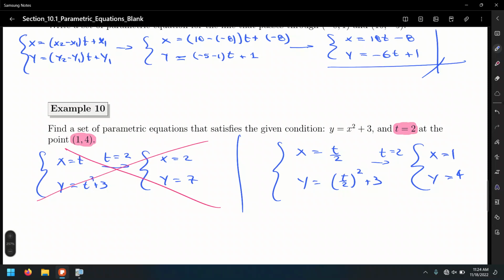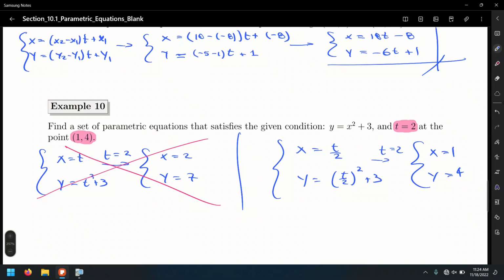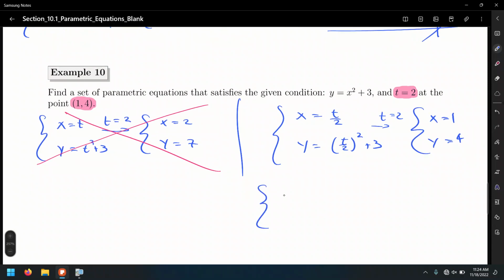Let me give you the other version I had in mind. The other version is another way to get x equals 1 when plugging in t equals 2. How about t minus 1? All right. And from here, y equals (t minus 1) quantity squared, plus 3. Plug in t equals 2. Check the magic. 2 minus 1 is 1. 2 minus 1, which is 1, quantity squared, that's also 1, plus 3